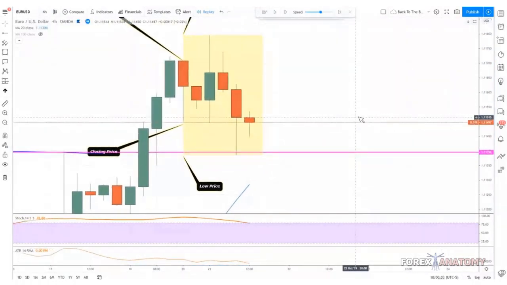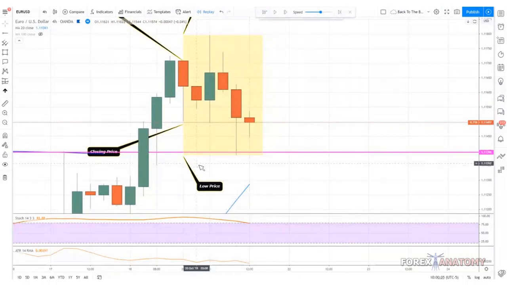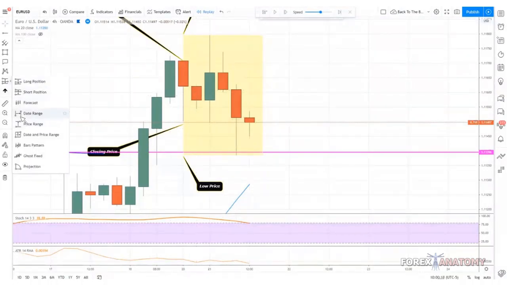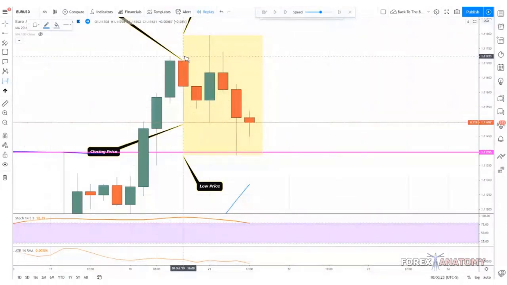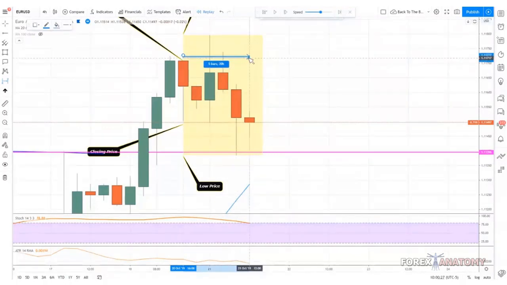So then right here you see that in this particular zone, we see 6 candles, right? We see 1, 2, 3, 4, 5, 6. We see 6 candles representing that day's worth of price action. And there's also a tool that you could use as well. You could take this tool, which is the date range tool, take it from this area right here, drag it all the way down to here. And they give us 5 bars and 20 hours, but you guys get the idea.